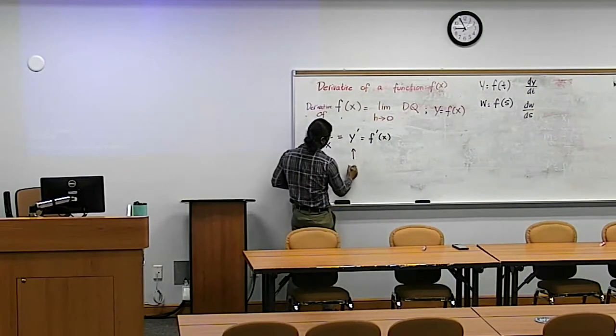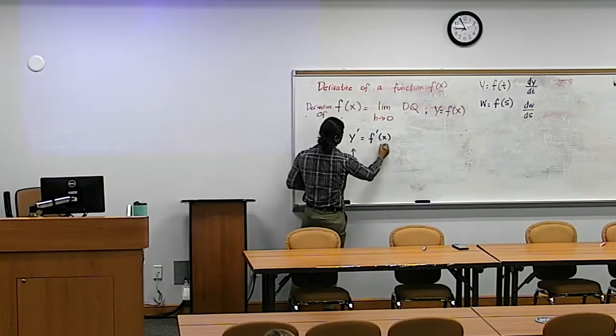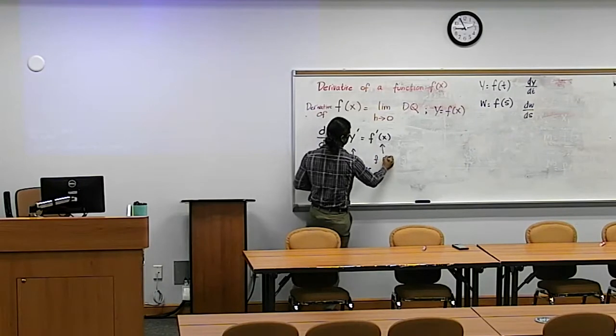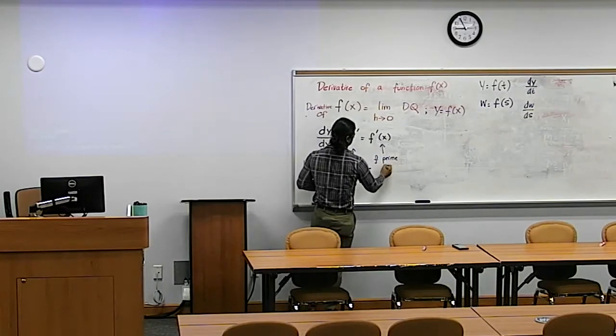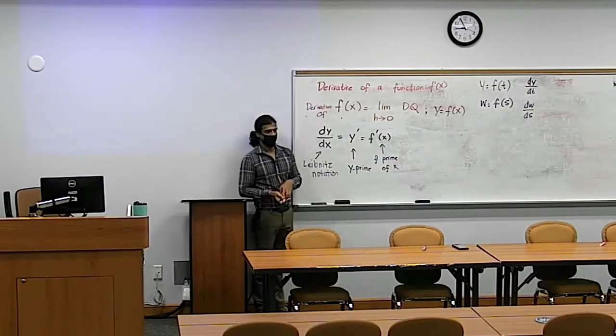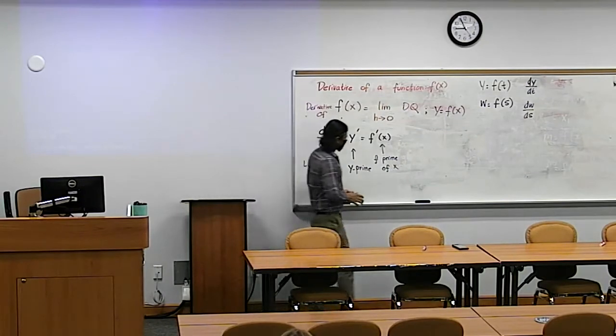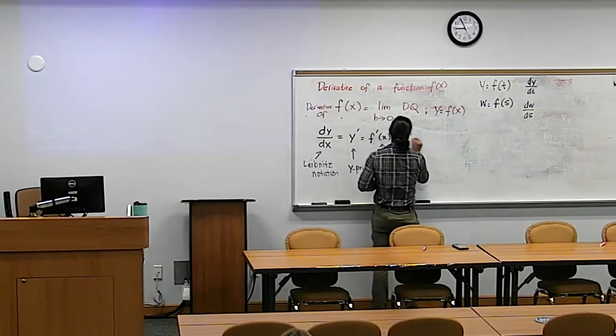So y prime, f prime of x. That's just notation. All of those would simply equal the limit as h approaches 0